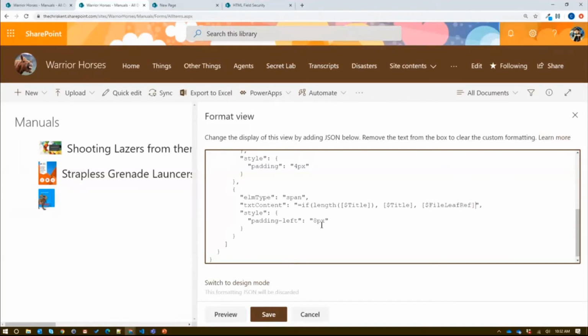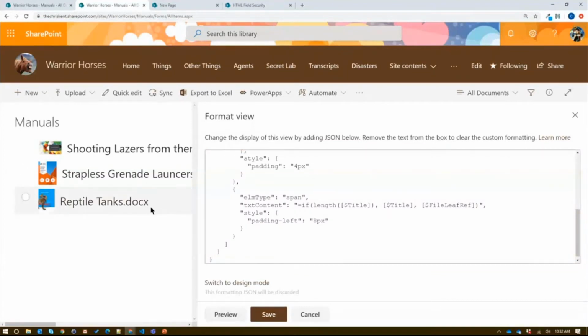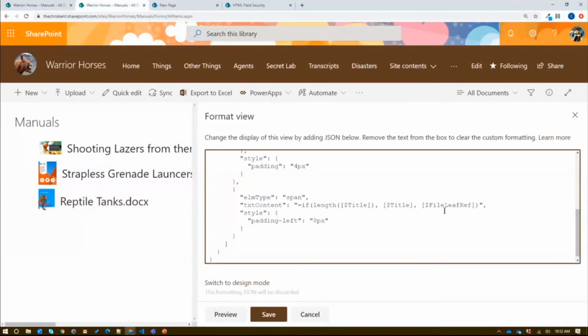All right, so at least we can see something. Close our parenthesis here. Preview that, and that's okay, right? That's significantly better, but now we've still got this .docx, like that's important to anyone that's trying to browse our little portal here. So we're going to do a quick substring on our file leaf ref. What a substring does, right, it gets just the characters starting at 0. So we're going to start at the very beginning, and we want to go up to